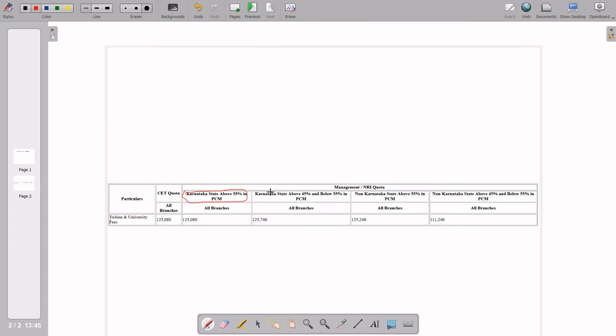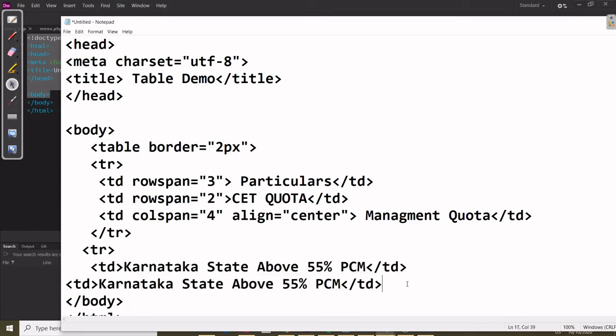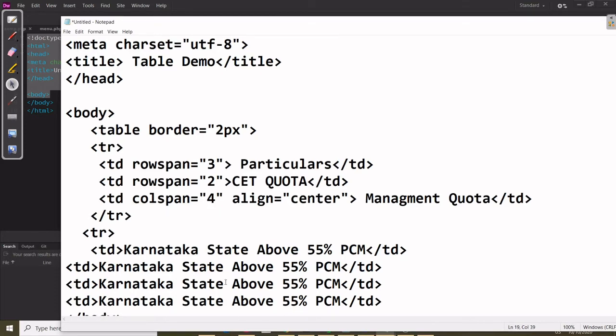This is the above, this is the between 45% to 55%. Okay, so same with the fourth, only the statement will change. Control V for 4 TD, because the 2 are already merged there.